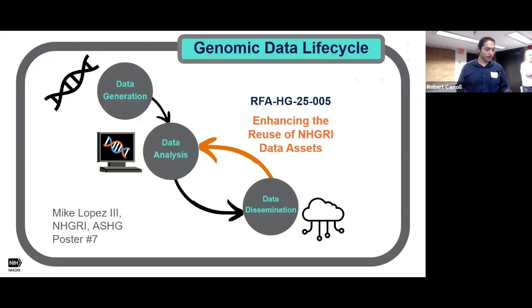That same spirit of openness drives RFA HG25005, enhancing the reuse of NHGRI data assets. This opportunity is about maximizing the value of data we already have, making it more discoverable, interoperable, and impactful. By reusing and reimagining these assets, we can accelerate discovery, broaden participation, and ensure NHGRI's investments continue to fuel transformative